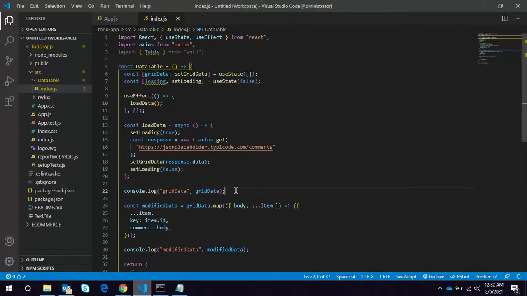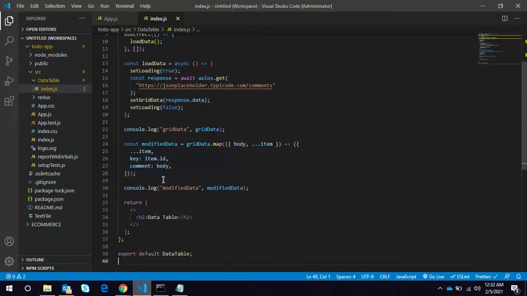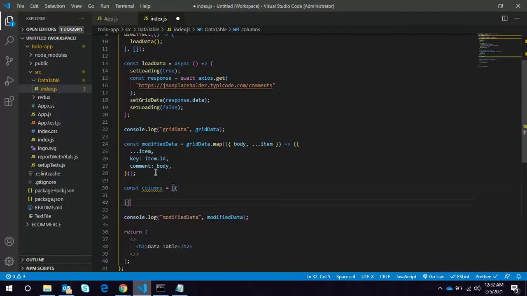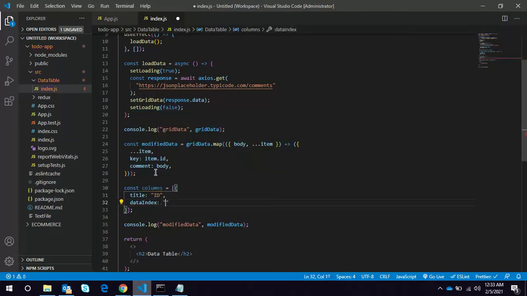Now the next part is we have to create columns. So first, this will be an array of objects: id, title will be id, and data index.